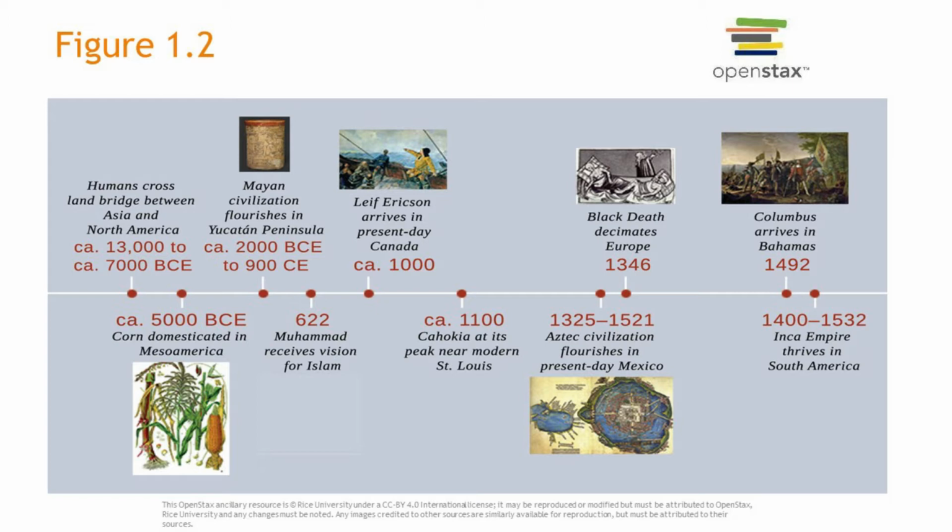Then as we move to the far right on this timeline, we can see that Columbus arrives in the Bahamas in 1492. And I'm sure most of us remember that phrase that's been burned into our head. In 1492, Columbus sailed the ocean blue. And that phrase is so good because it helps us to orient ourselves in history, meaning that that's a great reference point.